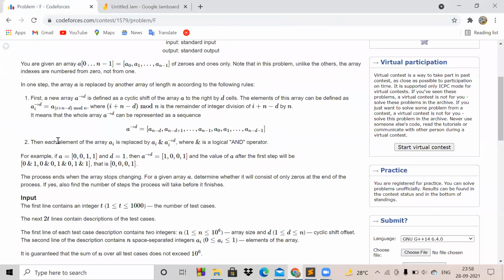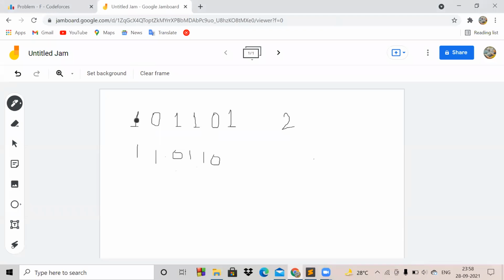After rotating, we have to take the AND of the new array with the previous array elements. There are simple rules of AND: 0 and 0 is 0, 1 and 1 is 1, and 1 and 0 is 0.